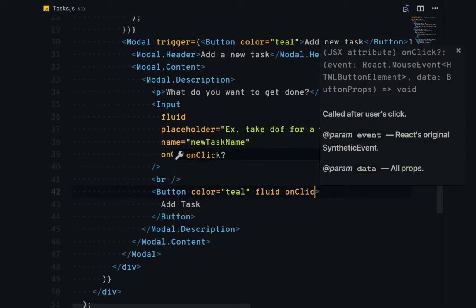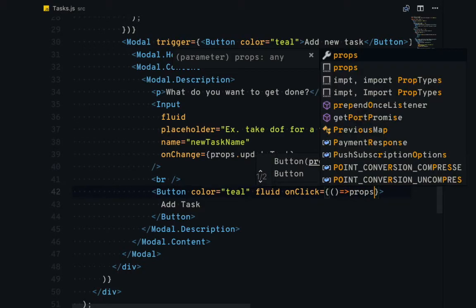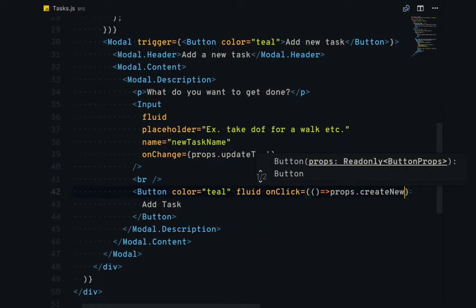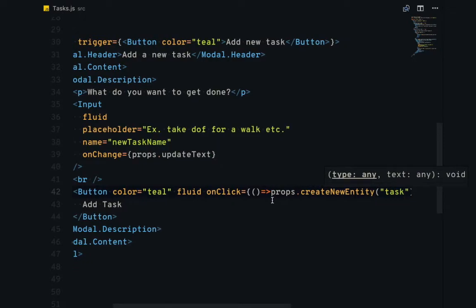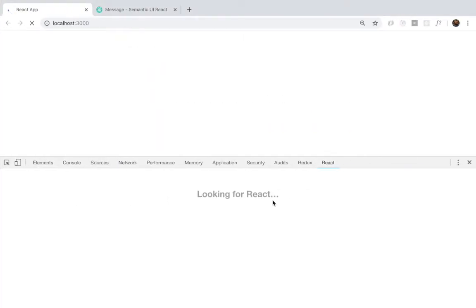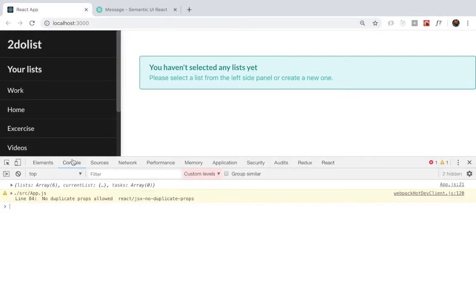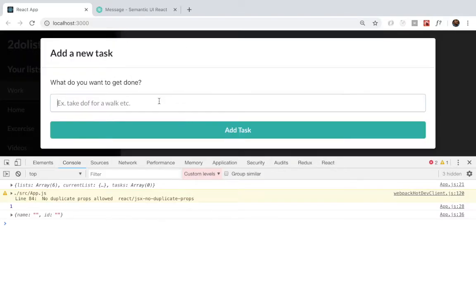to the button in the tasks modal, and that is the same as the previous one, just that create new entity, and instead of passing a list we will pass in task. We should hit save, and if we go to our work list and we add a new task, let's say okay, and close this,